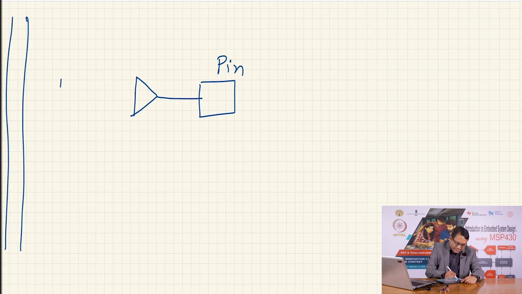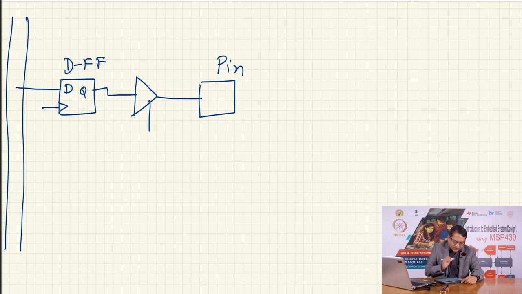So, imagine that I have a tri-state buffer, here is my flip flop, a D-type flip flop, I call it DFF, into which I can write any value, and here is a clock, so that at the clock edge that I decide a particular bit is stored in this flip flop. The output of this flip flop feeds the input of this tri-state buffer. If the tri-state buffer control signal is 1, then this output gets the value as input. If on the other hand it is 0, then this tri-state buffer is disconnected from the pin,